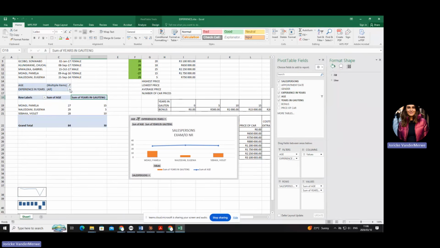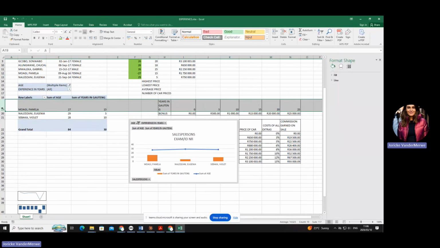Why is it now blank? It shouldn't be blank. Okay, maybe it's because they don't have that specific one, but let's just say this might be blank. I don't know why it's blank, but okay. But that's how you filter. You can choose it there.